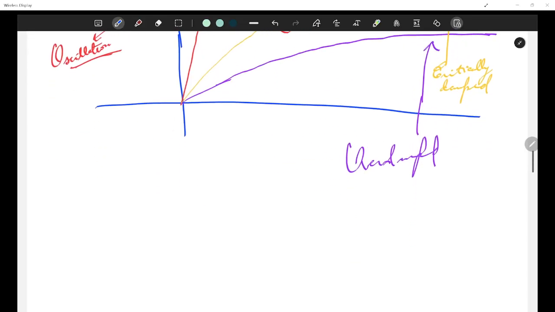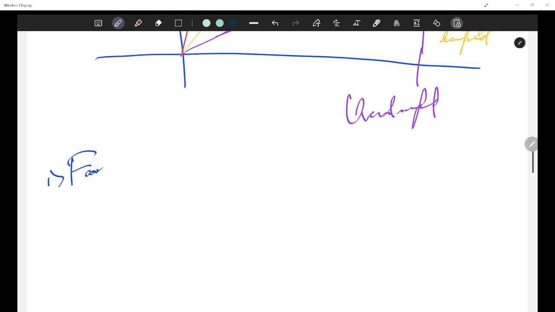So what we actually want is a fast response with no oscillations.